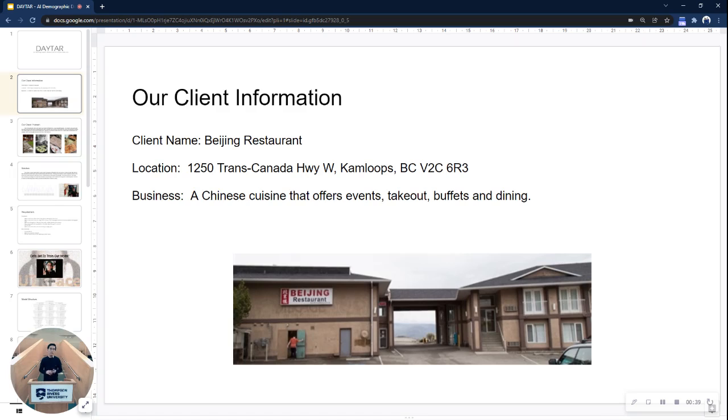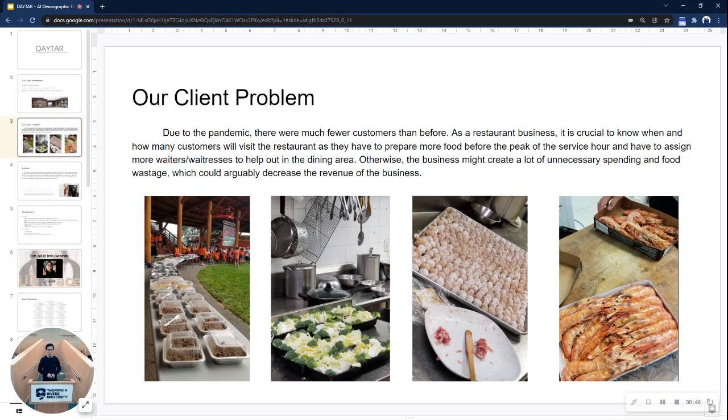Restaurant. It is a Chinese restaurant that offers dining, buffet, event, and takeout. For our client problem, due to the pandemic, our client doesn't know when the peak hour of the business is, and doesn't know when and where to allocate the resources. Resources such as people that help in the dining area, and also when to prepare more food for the customers. Because of that,